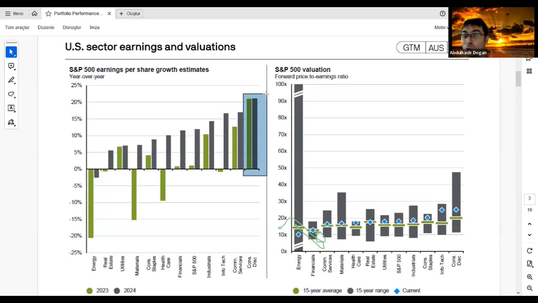Okay, and in consumer discretionary, people are using those products and their earning per share growth, even for 2 years, 22, 23, and 24, is approximately 20%, meaning that your company is increasing its earning per share 20% in the consecutive following years. That is excellent for you. And if you look at this picture,